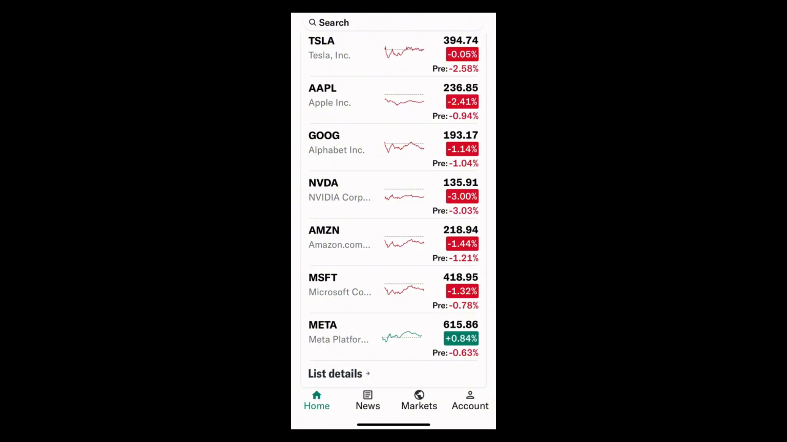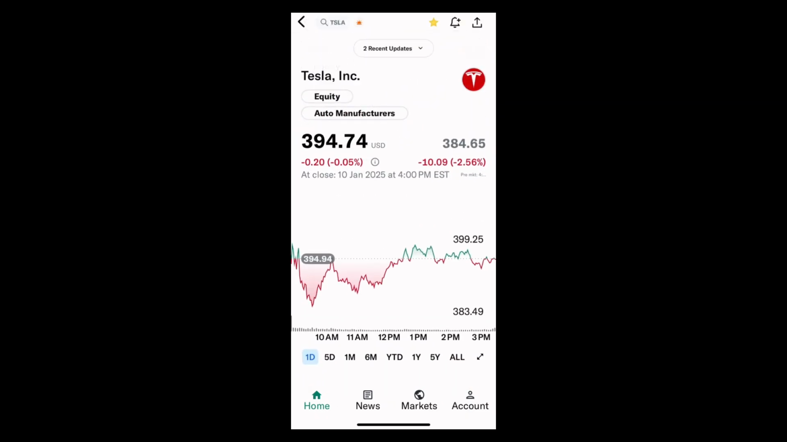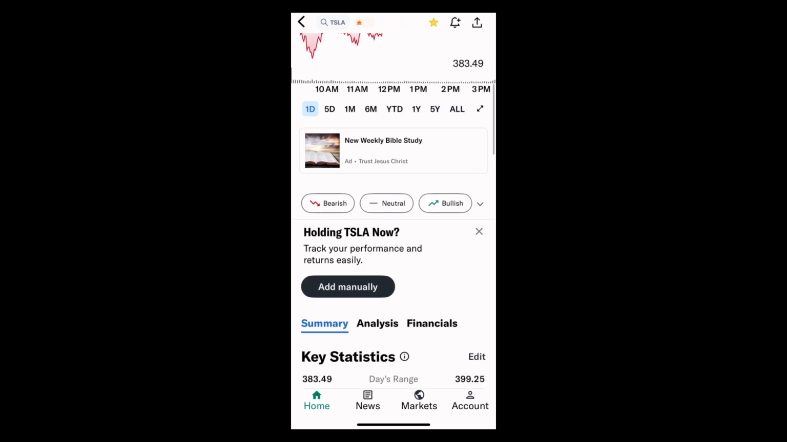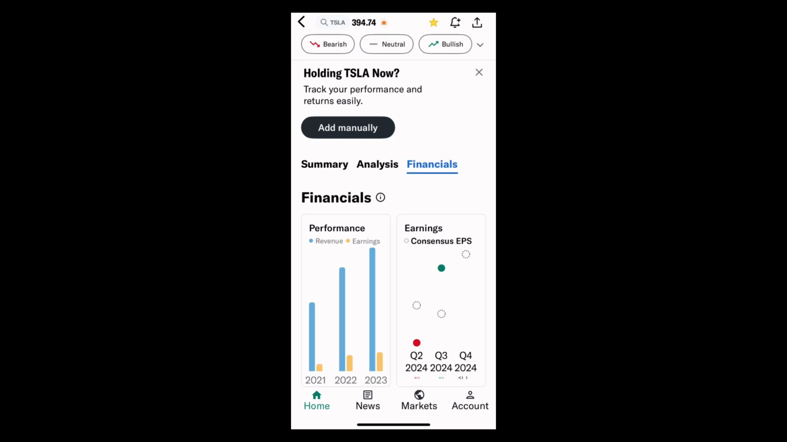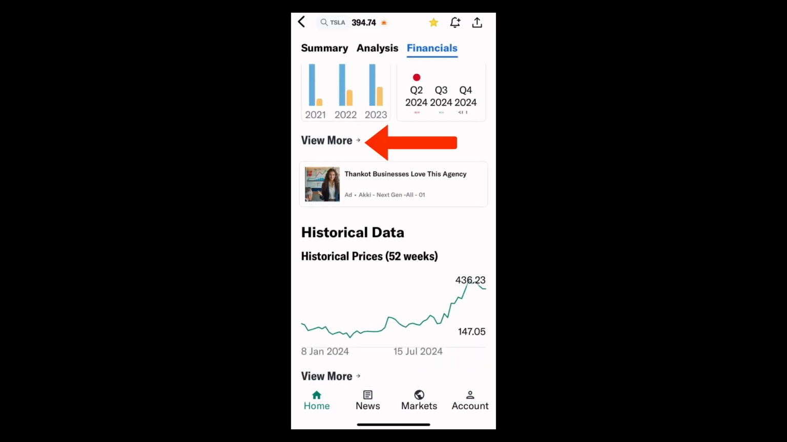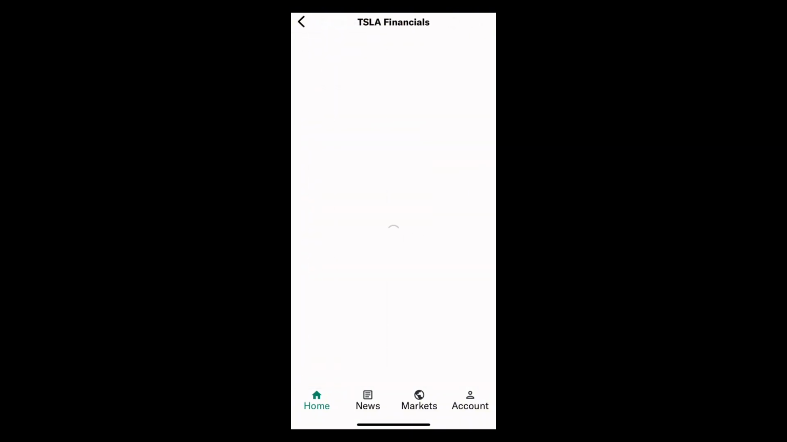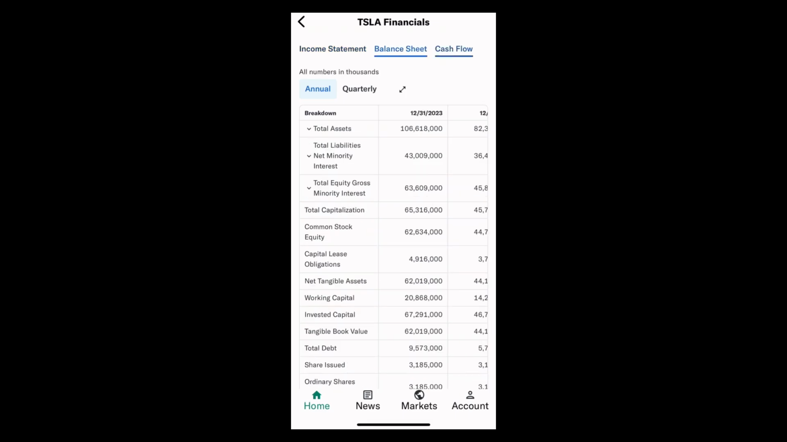Now, to download the financial statements, tap onto one of the stocks that you are interested in. And then scroll down and here you can find the option of financials. Now simply select it. Scroll down and tap on the view more option right here. Now here you can find the financial statements of the stocks, which are the income statement, balance sheet and cash